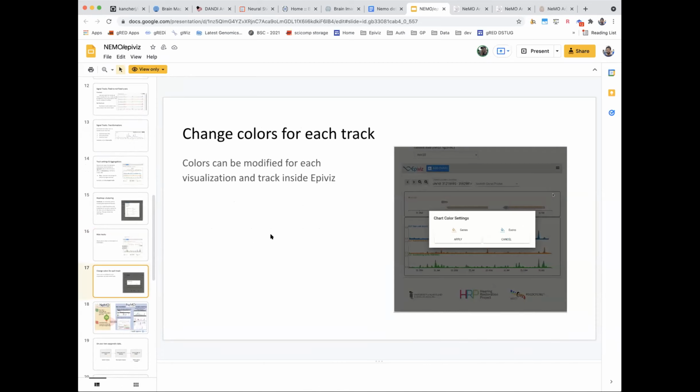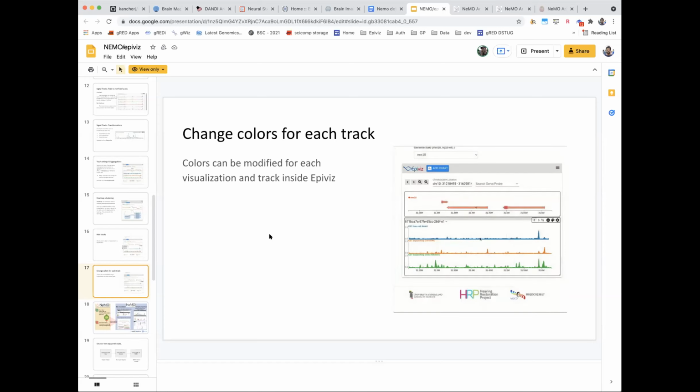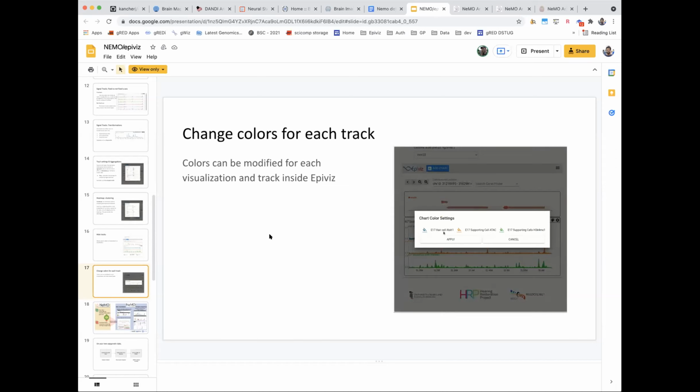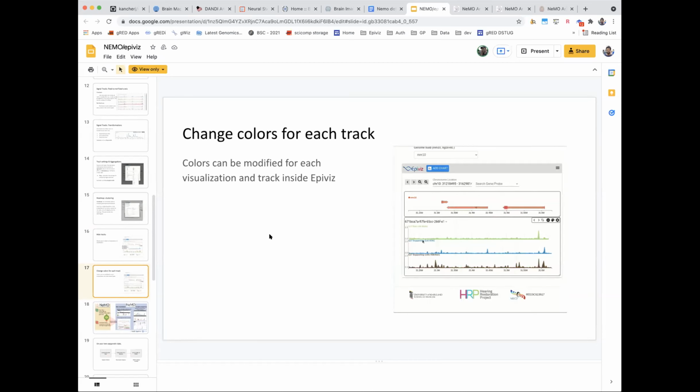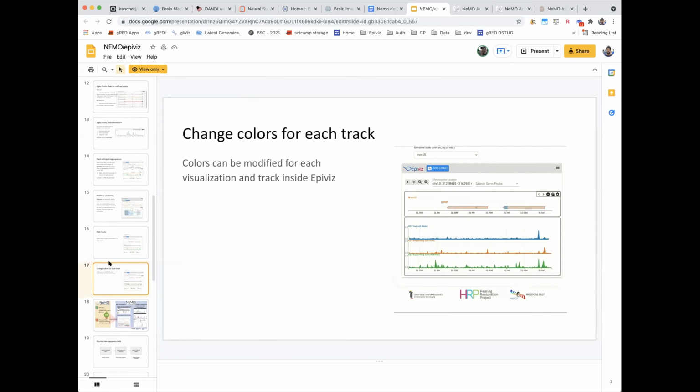You can also choose the colors that you want to use for your visualizations, and these are persistent. When you create an epigenetic panel and you update these colors or any of these settings that I've shown so far, those are always persistent, and that's how they get stored into the NEMO database. When you come back and look at the data set itself or that profile, it'll always be in the same state as where you left it.